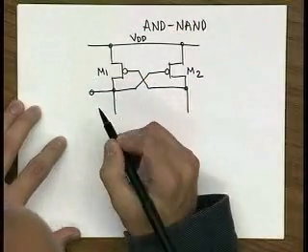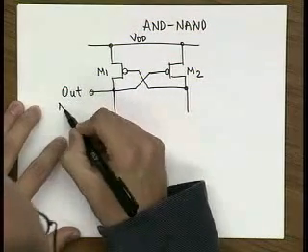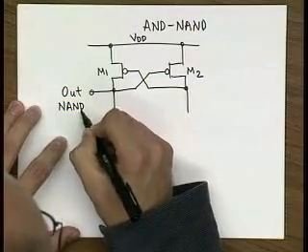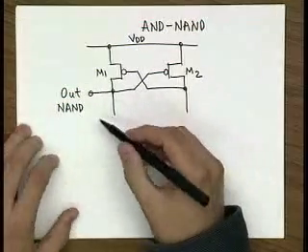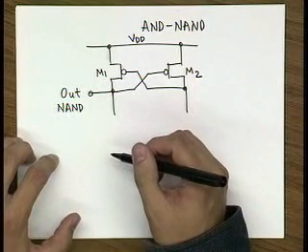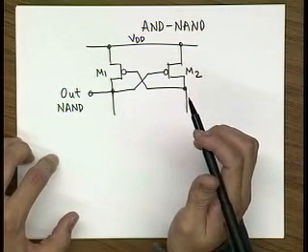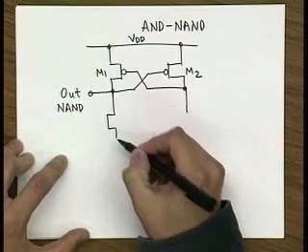Let's say that this over here is out and this is NAND. Now, how would you implement NAND using NMOS transistors? If you have a two input NAND, inputs A and B, what do you do? Series, right? So you just put two series transistors,